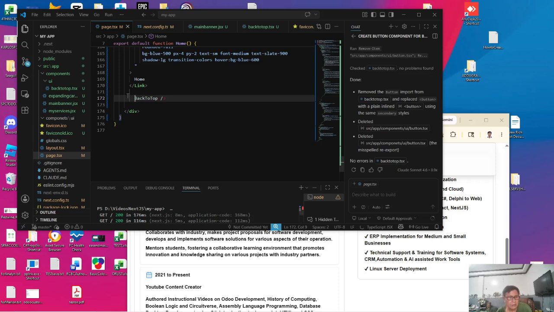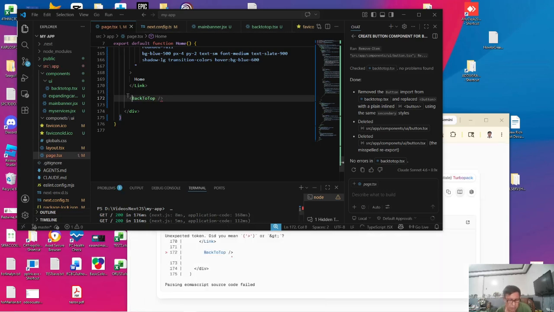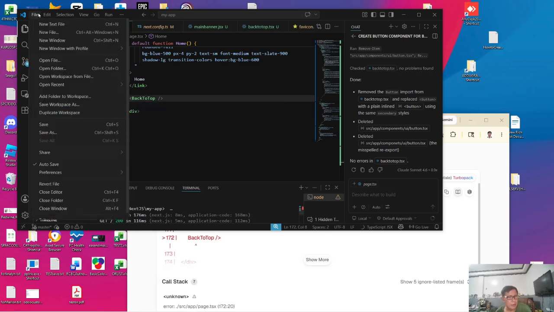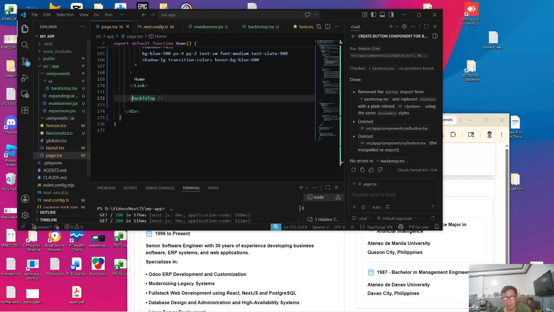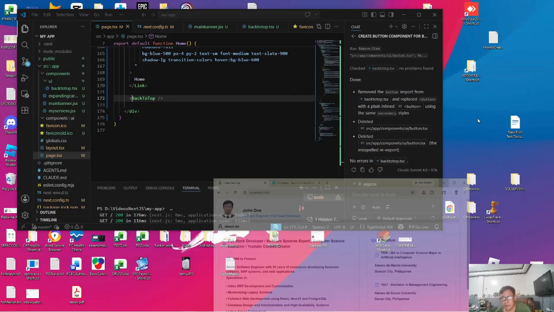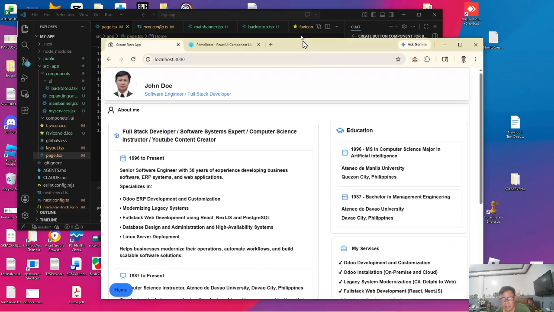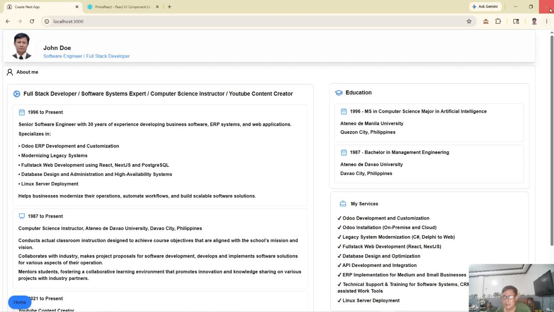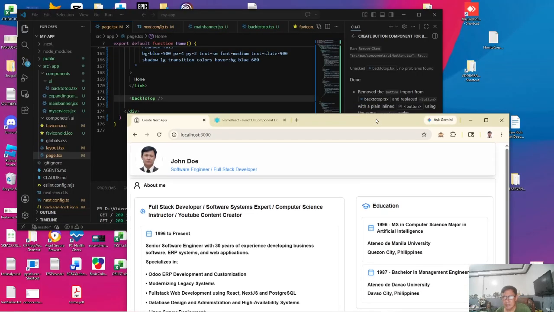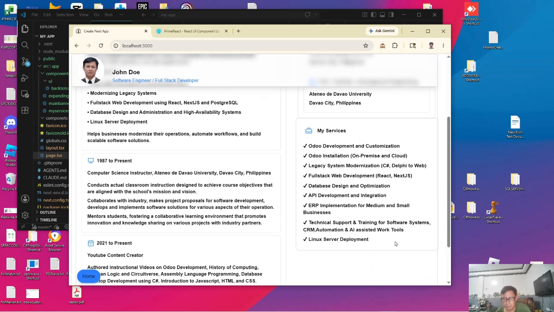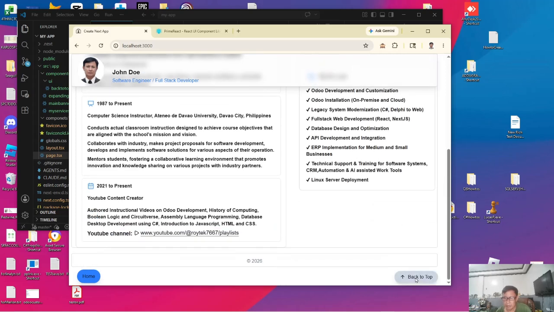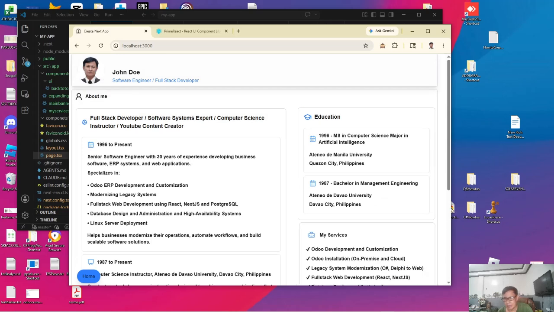Okay, this is very useful because when your web page grows longer, it will be easy for your user to go back to top. Like this, it's disappearing. So there's the back to top button. We have changed the color, and when he clicks, it goes back to top.